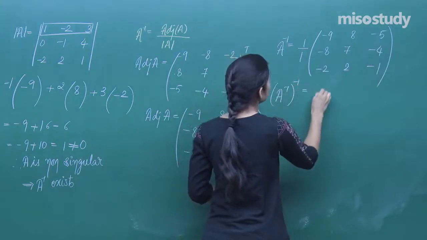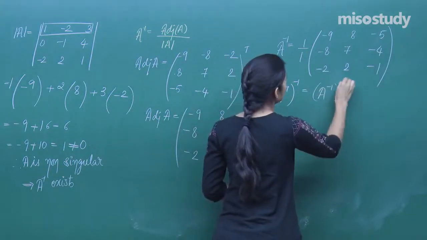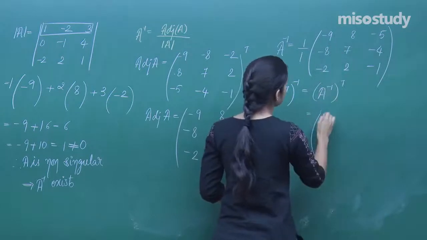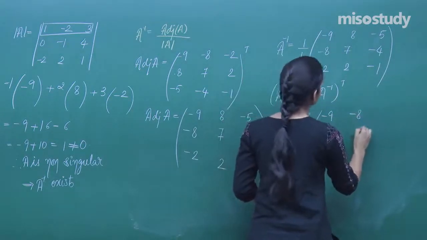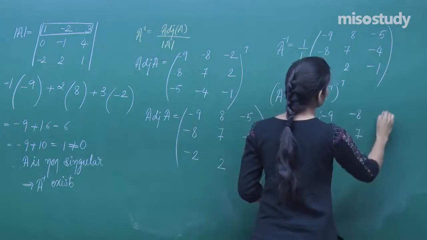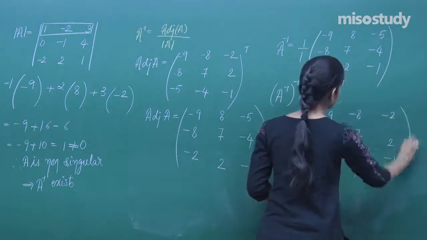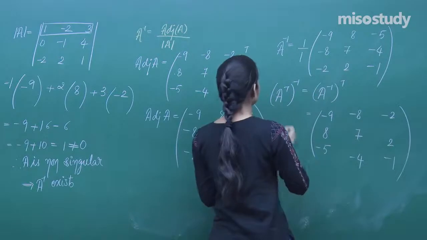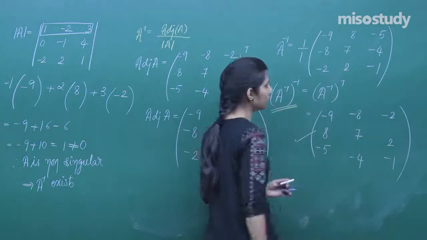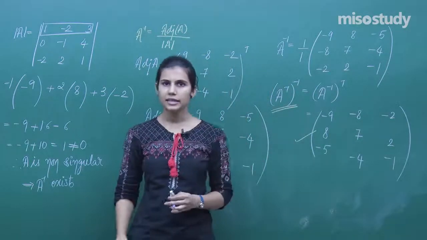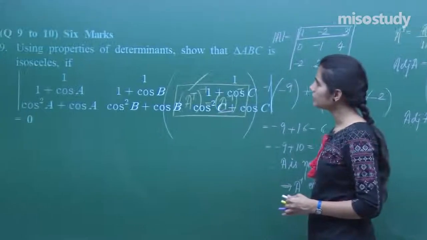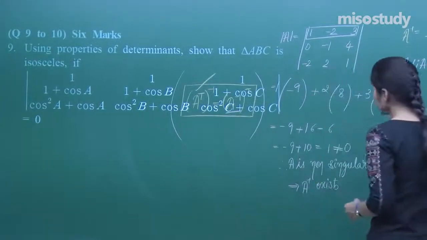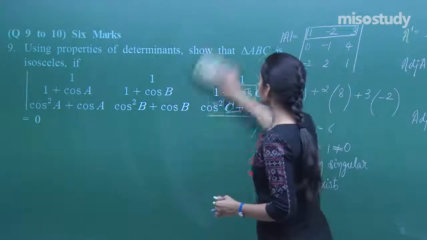Inverse of A transpose is transpose of A inverse, so it will be -9, 8, -5, -8, 7, -4, -2, 2, -1. This happens to be your very value of inverse of A transpose. Is it clear? Moving ahead with the next question, we have, using properties of determinant, I need to show something,